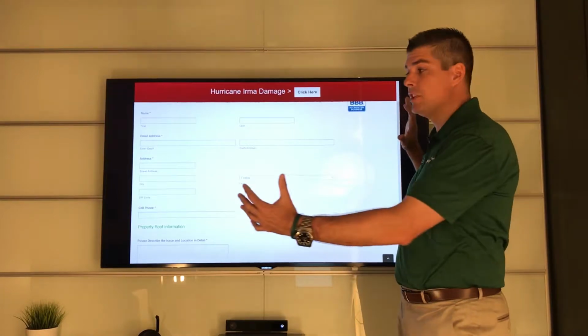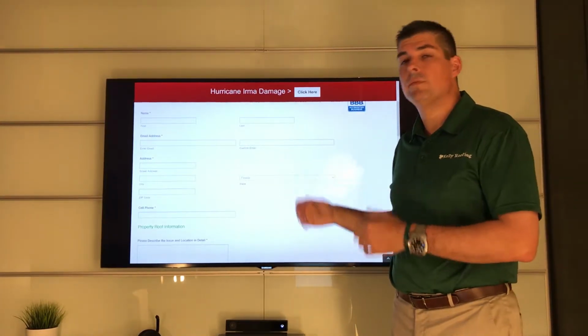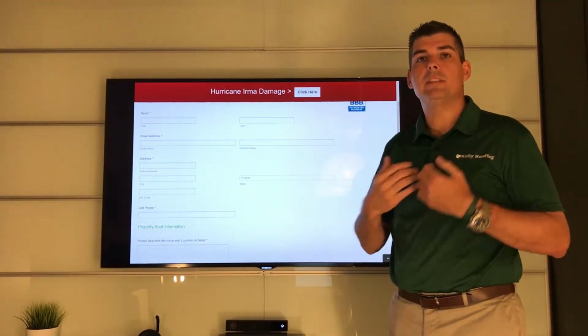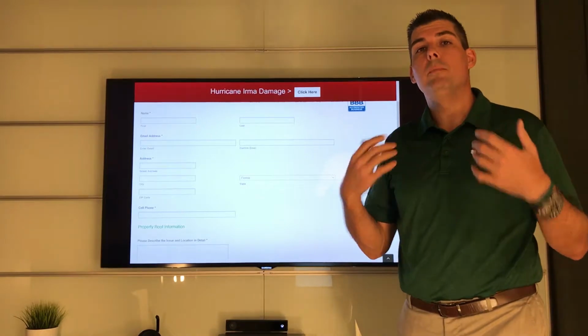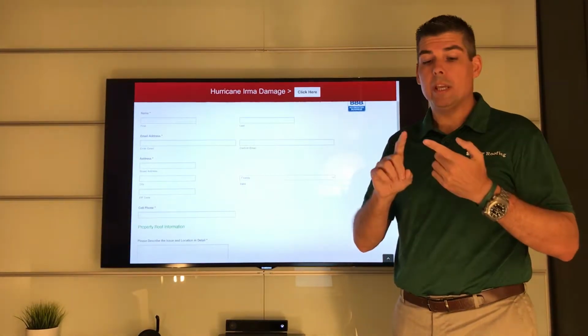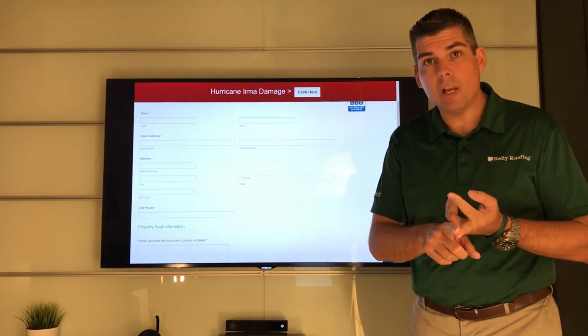It will actually be responsive or shrink to the screen, so you'll be able to fill this out, see the information, and watch the videos. Your email address gives us the ability to communicate with you much faster than if we had to play phone tag trying to call. We can let you know when somebody is scheduled to come out. We can email you copies of